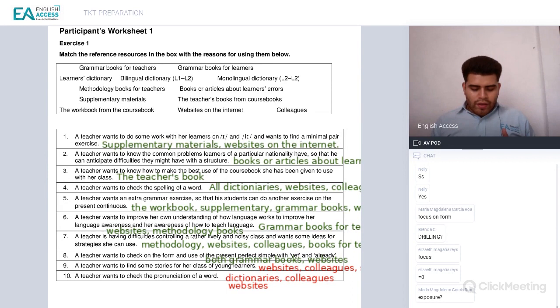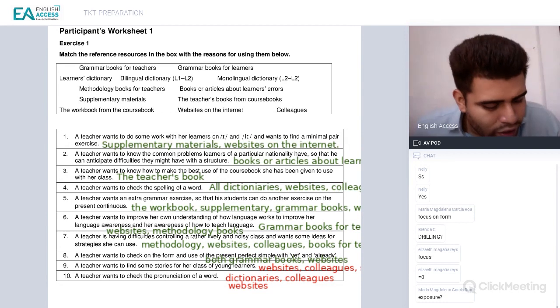The brain works better when you drill them first and then tell them to focus on the language. Of course, the presentation is first. The presentation is always first. After you present it, drill, focus on form, controlled practice, semi-controlled practice, freer practice, and then a production. All right. So